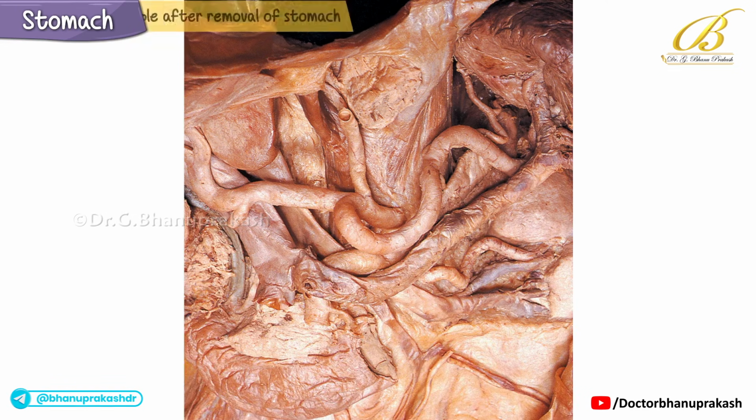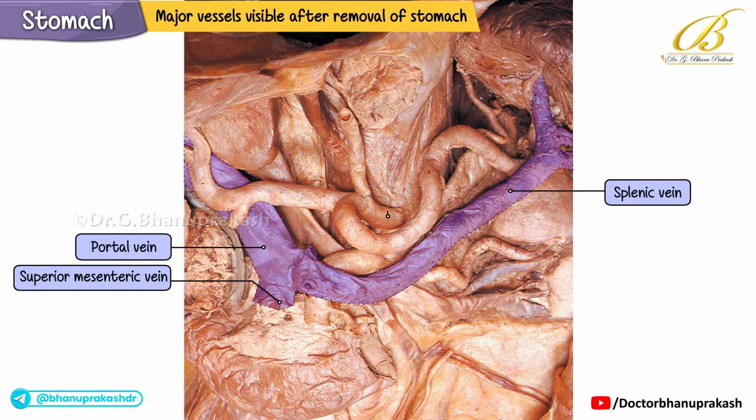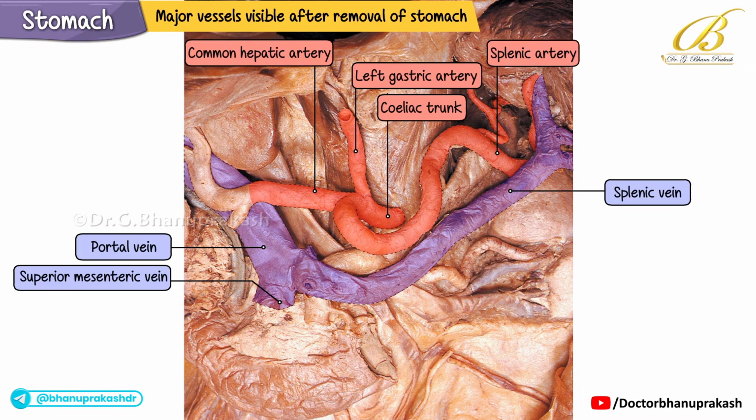This image shows the major vessels visible after the removal of the stomach. At the center, we can observe the formation of the portal vein, created by the union of the superior mesenteric vein and the splenic vein. The celiac trunk and its three main branches are clearly seen: the common hepatic artery, the left gastric artery, and the splenic artery. Just below the